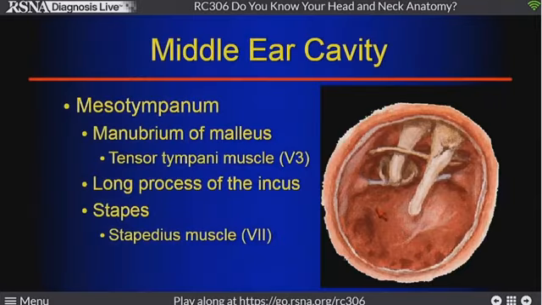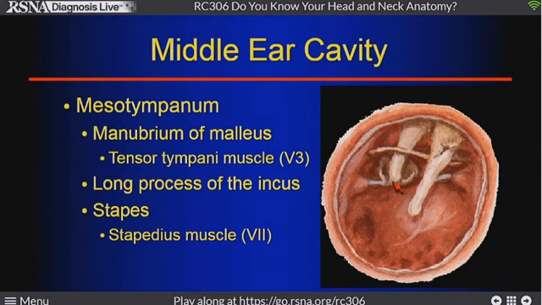Okay, so majority of you, over half, said 2. That is correct. There's 2. So here's that perforated eardrum view. We've removed the TM. We're looking through the canal. We see the long process of the manubrium, the malleus going up, and there's the little tensor tympani muscle that's innervated by V3, the mandibular division of V3, as it comes down. And then we have the stapedius muscle that's innervated by 7 that goes to the stapes.